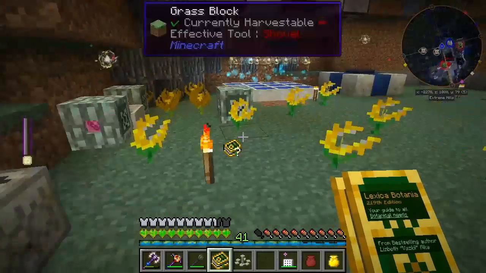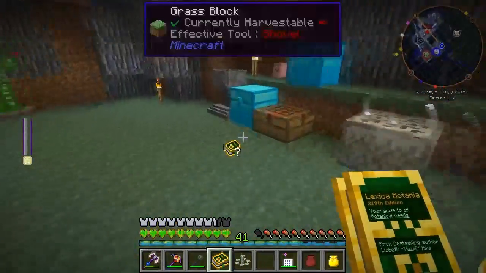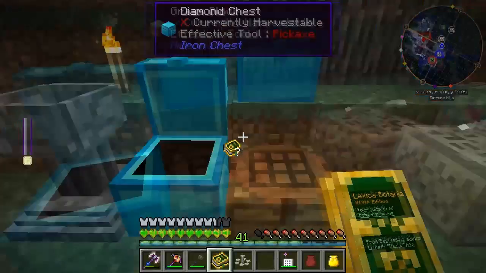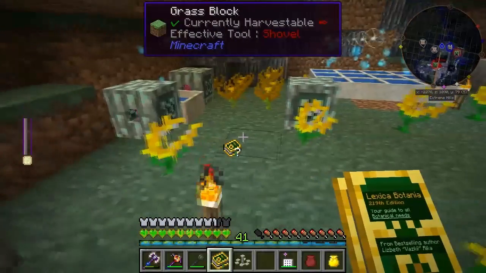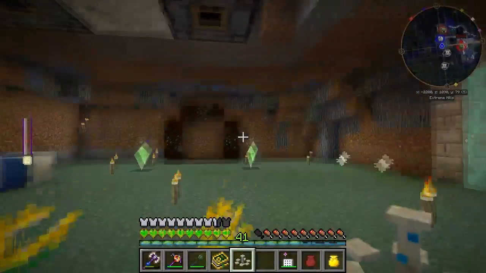Now, I do believe this thing is going to require some power as well. So, have we got another mana spreader floating about? Have we not? Probably not. I need to resort this room, don't I, guys? I need to really get some better...